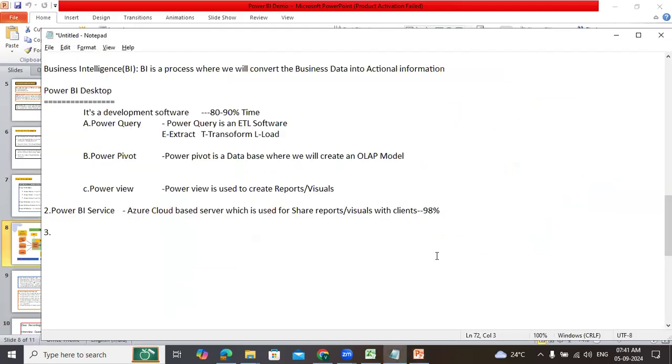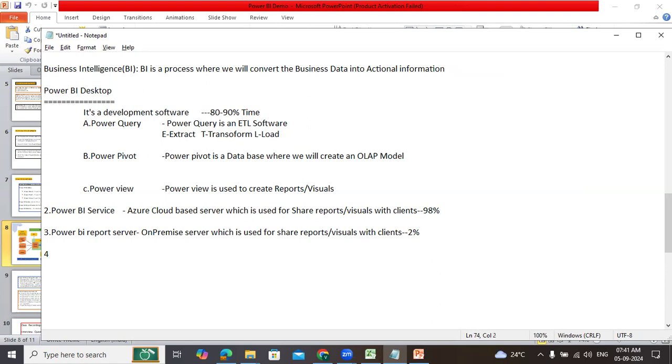The second option, Power BI report server, is an on-premise server, which is used to share reports or visuals with clients. Only 2% of clients are still using Power BI report server,